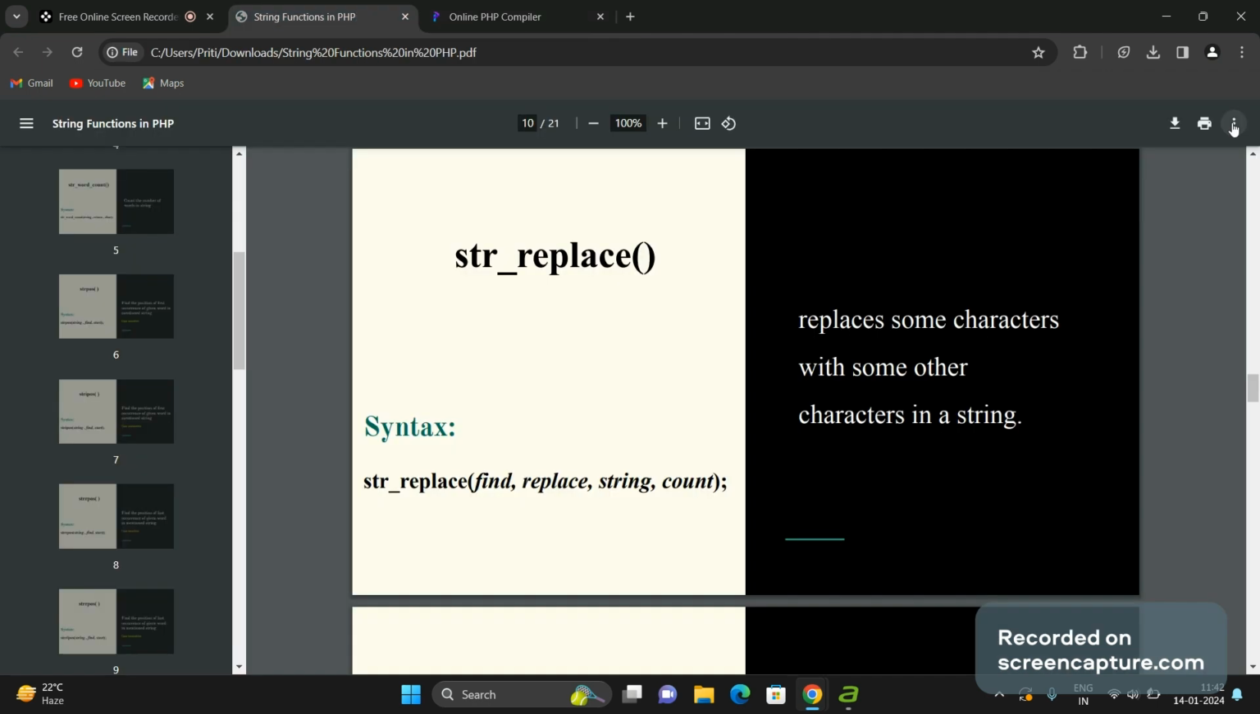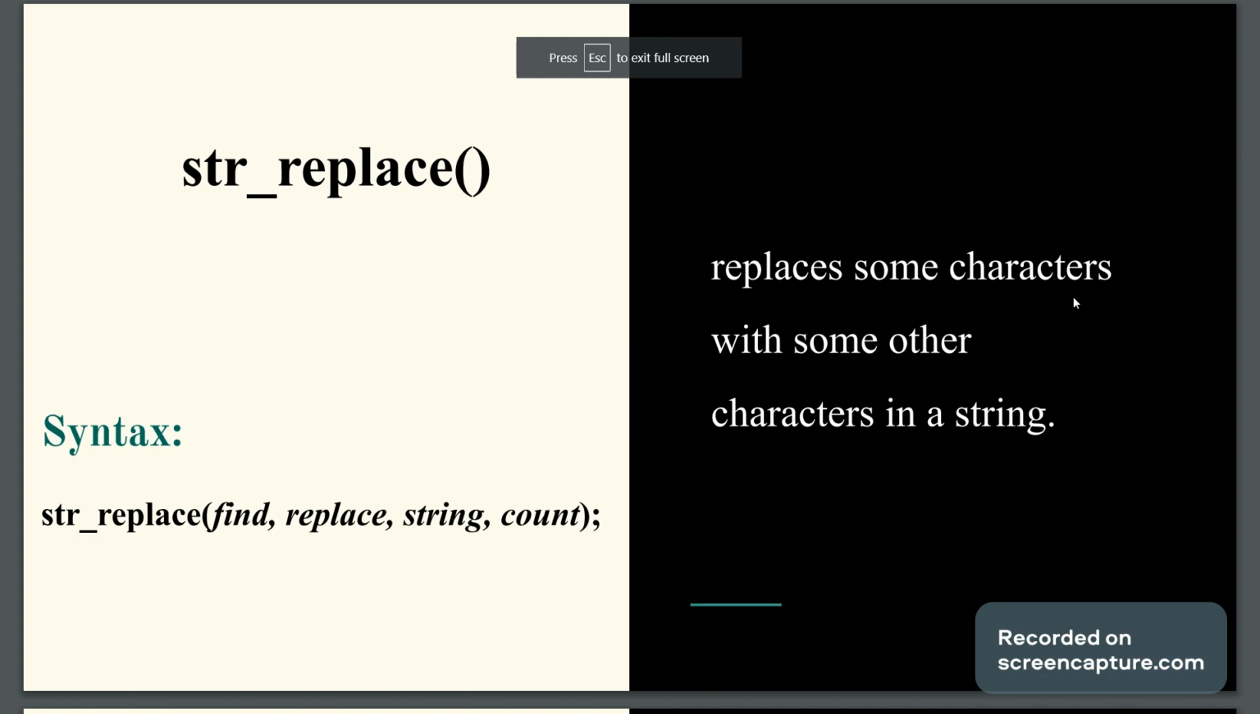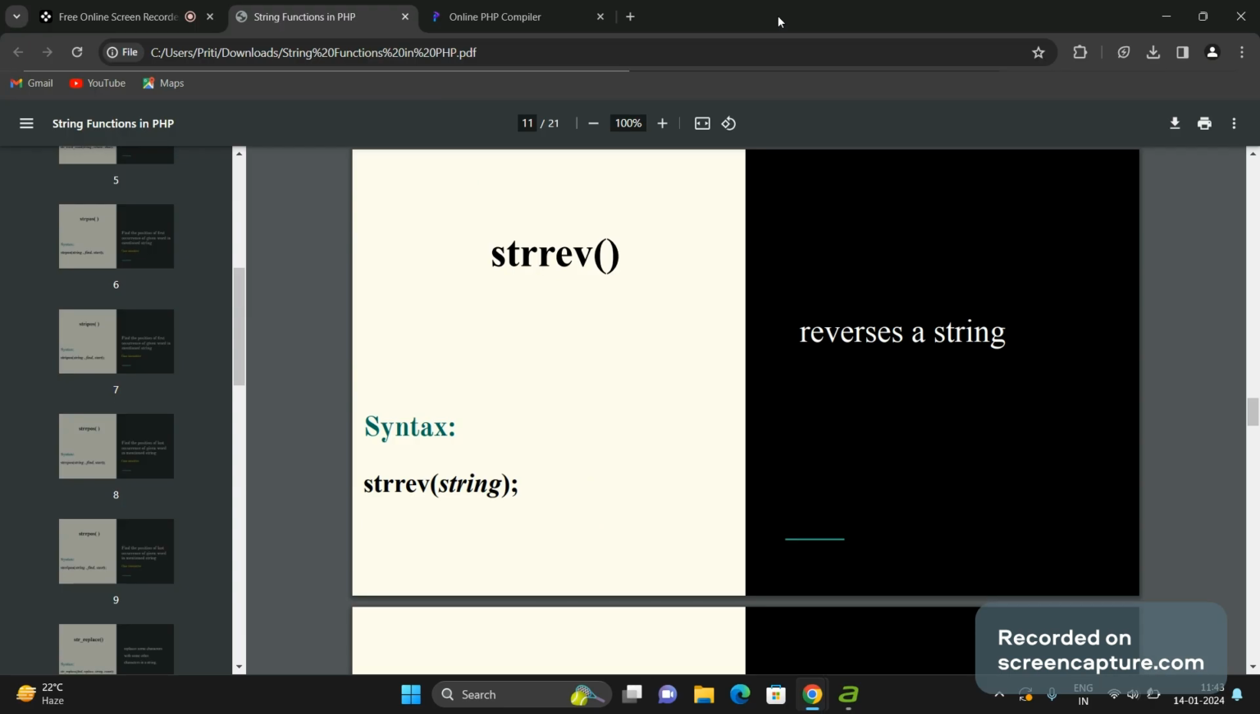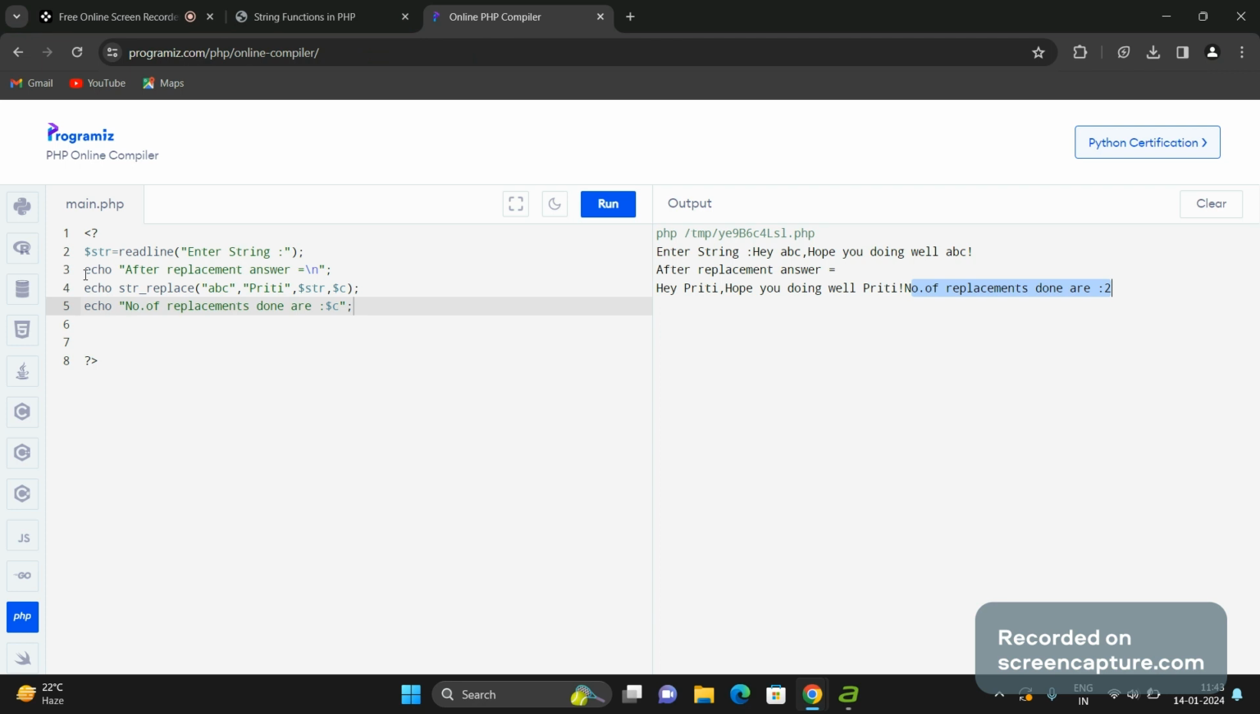Next one, strrev. It is used to reverse a given string. Simply a reverse of the string will be printed. Now suppose we have read a string, we will print the original string by just printing the str variable. So I am printing that, and if you want the reverse of this string,